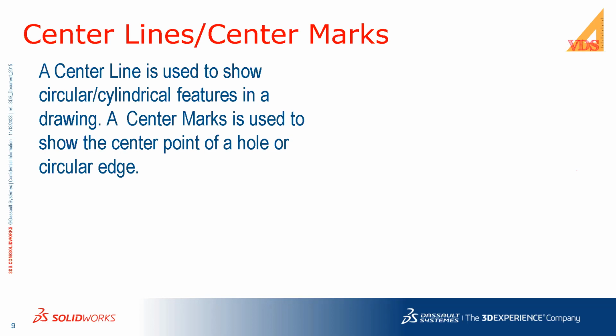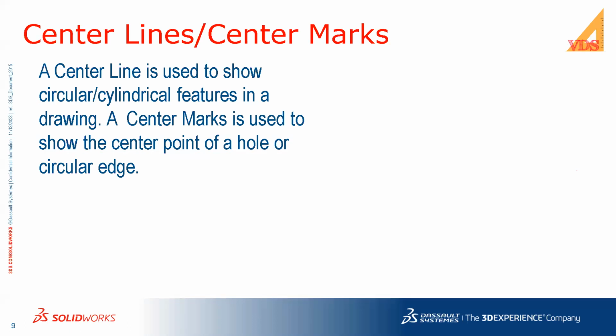So it indicates that there is a hole and we are looking from the side of that hole, so it gives us that it's a cylindrical hole, or if we are looking at a shaft from the front view, and if we do not put the center line, if it is a straight cylindrical shaft, the view may look like a rectangle. So we put center line to indicate that it is not a rectangular or a cuboid shape,